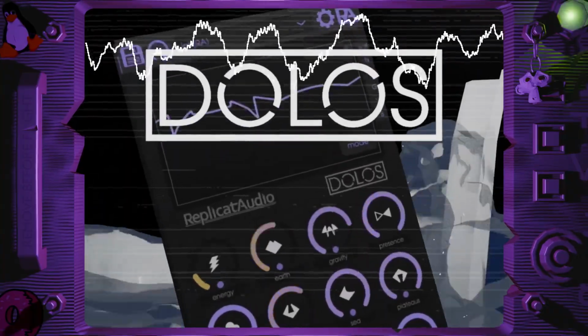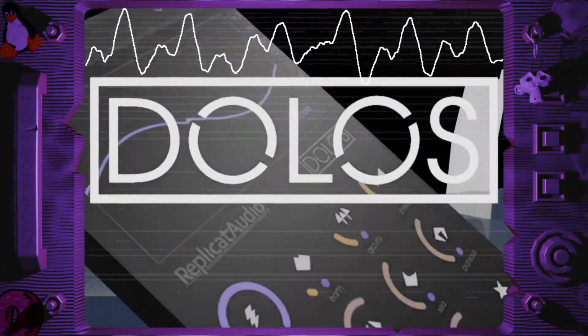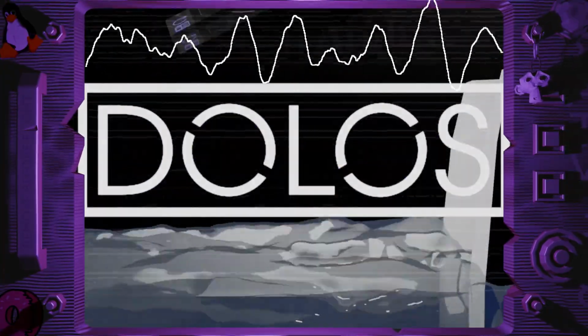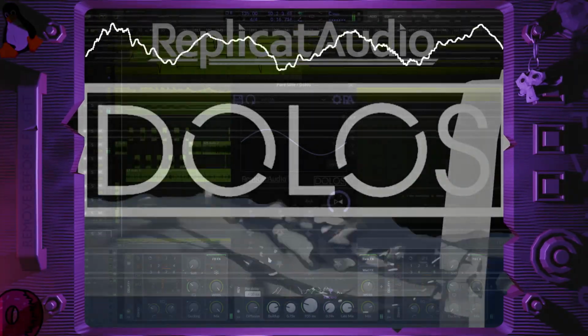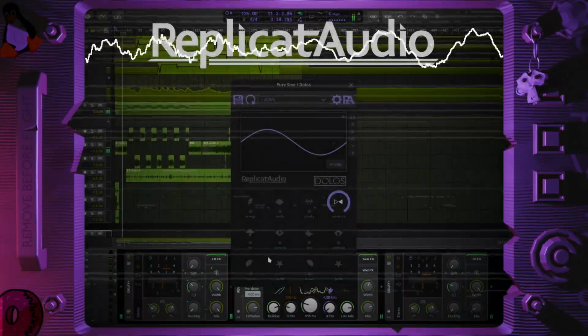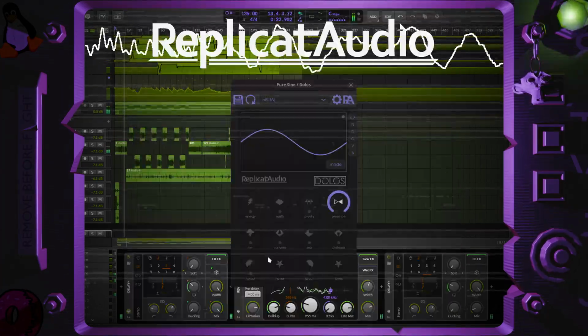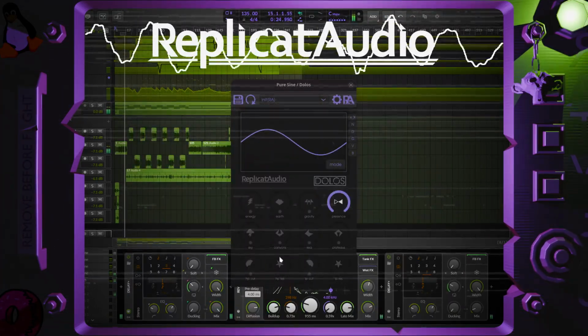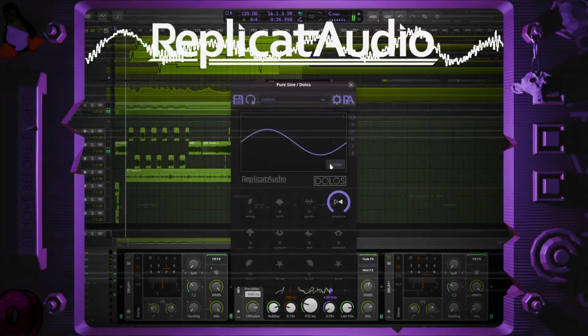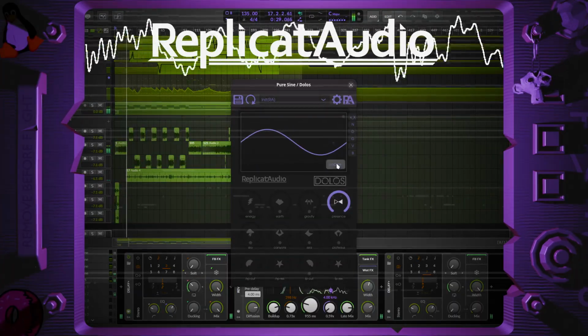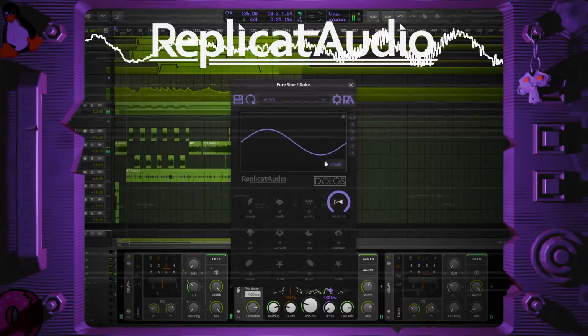DOLOS. This is a wave-morphing, hyper-distortion, wave-shaping, dimper, super depth destruction plugin that will destroy your waves. And I'm going to demonstrate it today by using a pure sine wave, which we will defile and turn into all kinds of gnarly, disgusting other kinds of sounds that aren't like sine waves, because we don't like sine waves around here sometimes.